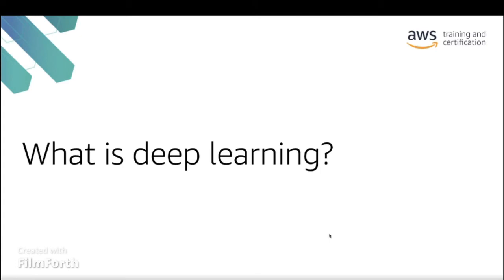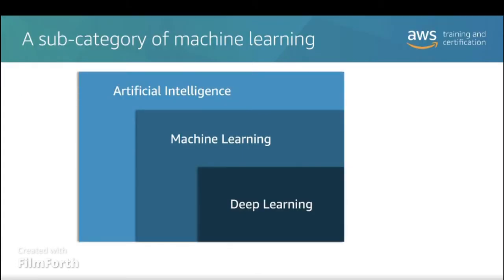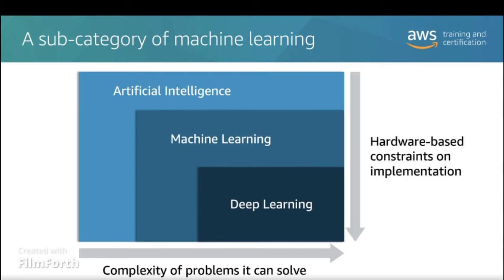So what is deep learning? Now that we've talked about the three categories of machine learning, let's talk a little bit about specifically deep learning. Deep learning is a subset of machine learning. These algorithms learn using artificial neural networks, so let's dig into that a bit. Deep learning represents a huge leap forward in the capabilities for artificial intelligence and machine learning. While the theory for deep learning goes back decades, the hardware required to run deep learning problems wasn't generally accessible until very recently. But now that it's available, we're able to use deep learning to address problems more complex than